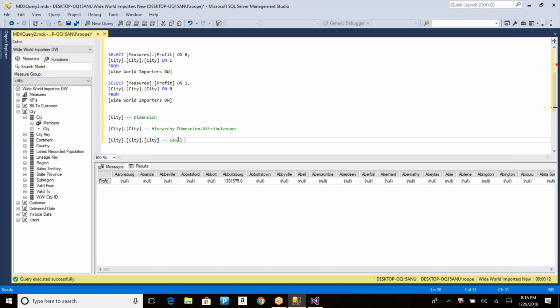So these terms are very important. If you don't know these terms, then you cannot write MDX queries. I mean, at least you will face difficulty in writing MDX queries. So concentrate. So city.city.city, what it's saying is it's the level. So level will have dimension name dot attribute name dot level name. So the level name is nothing but the third one, the city, and this is the hierarchy or what we